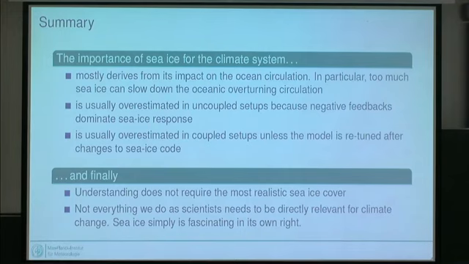I didn't capture unknown unknowns. And I believe that unknown unknowns are usually found in science not because you do something that is directly related to climate change, but because you do fundamental science. And this fundamental science, I think we must push the funding agencies to fund much more than everything needing to be related to climate change.